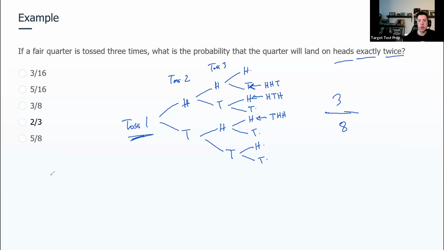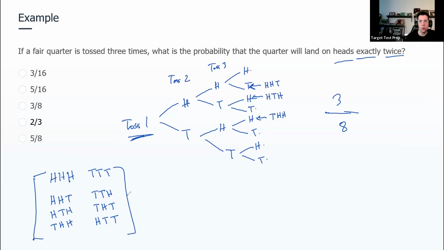You could also just literally write them out without doing the actual decision tree. Okay, I could do all heads, or I could do 2 heads and 1 tail, but then I have to account for the different orders in which that 1 tail could show up. So I start with the tail here, and then I move the tail to the left, and the tail to the left, and that's it. And then I could also do all 3 tails, and then 2 tails and 1 head, and then again I would just have to account for the different orders in which that could happen. And that's just another way of